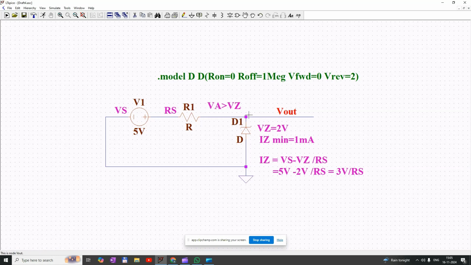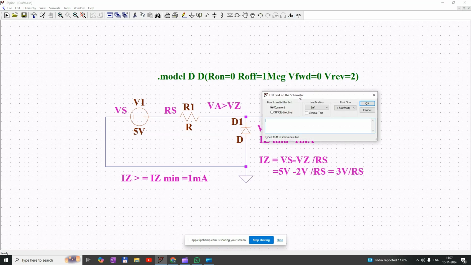As we know, the Zener diode works properly when the current through the Zener diode is at least more than Iz minimum. That means Iz is greater than or equal to Iz minimum, that is equal to 1 milliamp. So we need to choose the series resistance Rs in such a way that Iz should be equal to 1 milliamp, that is equal to Iz minimum. So Rs max is equal to 3 volt divided by 1 milliamp, which is equal to 3 kilo